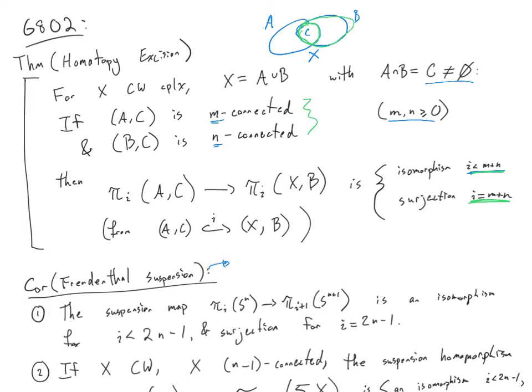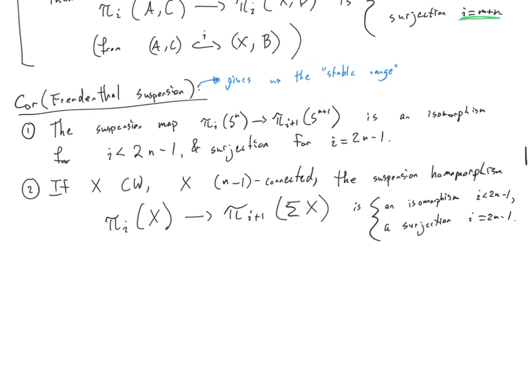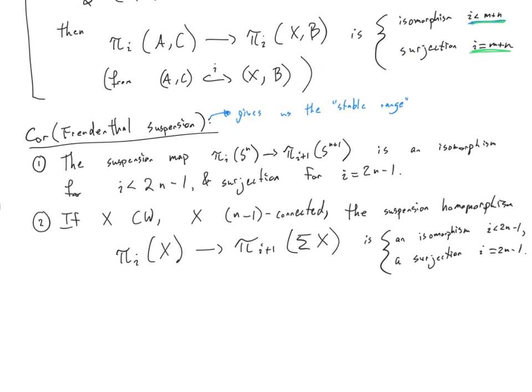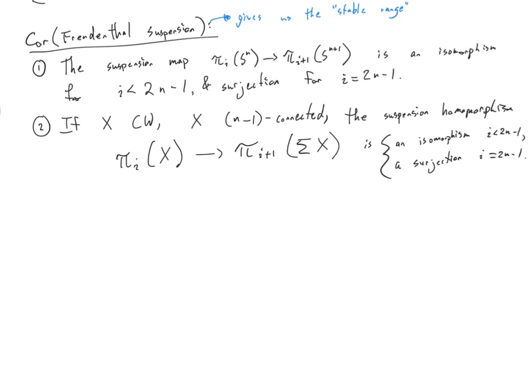So the Freudenthal suspension theorem gives us the so-called stable range where homotopy groups behave more like a homology theory, in particular homotopy groups of spheres. So let's look at the statement of this and then prove it. Version 2 is the more general version of the Freudenthal suspension theorem, but version 1 is, I would say, how most people remember it in their brain,